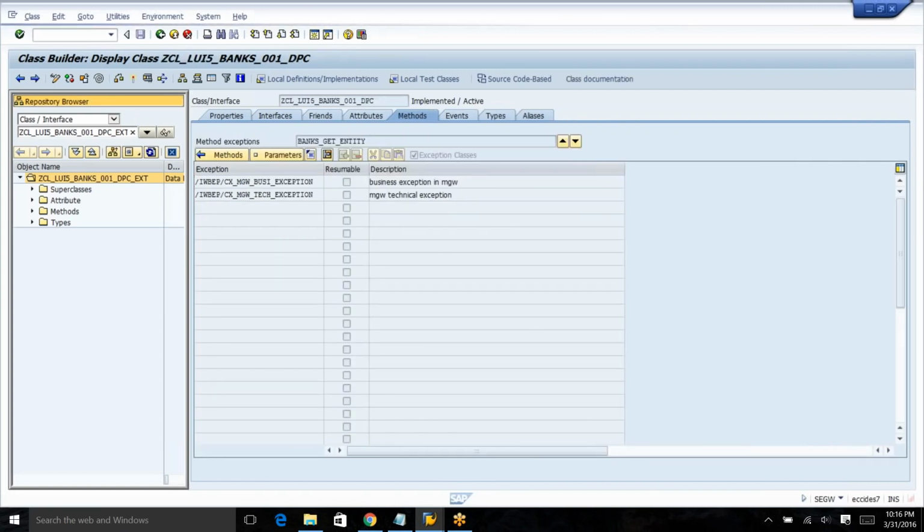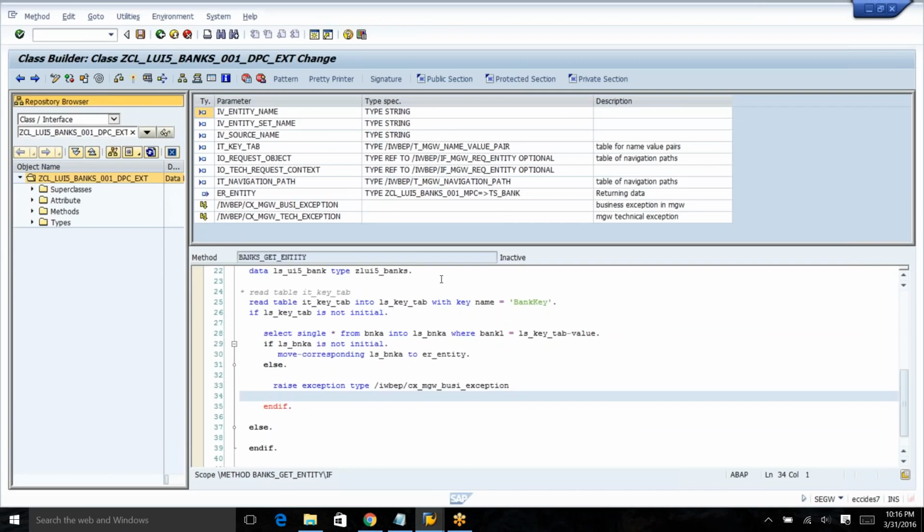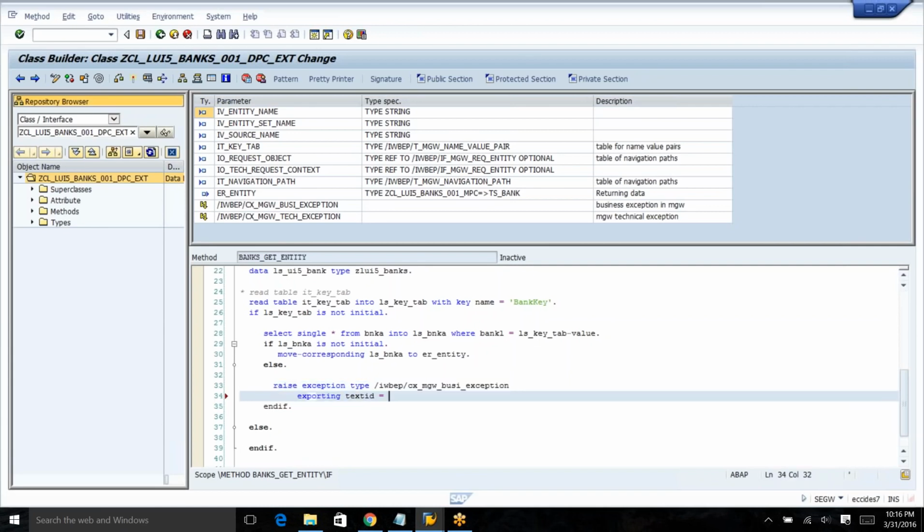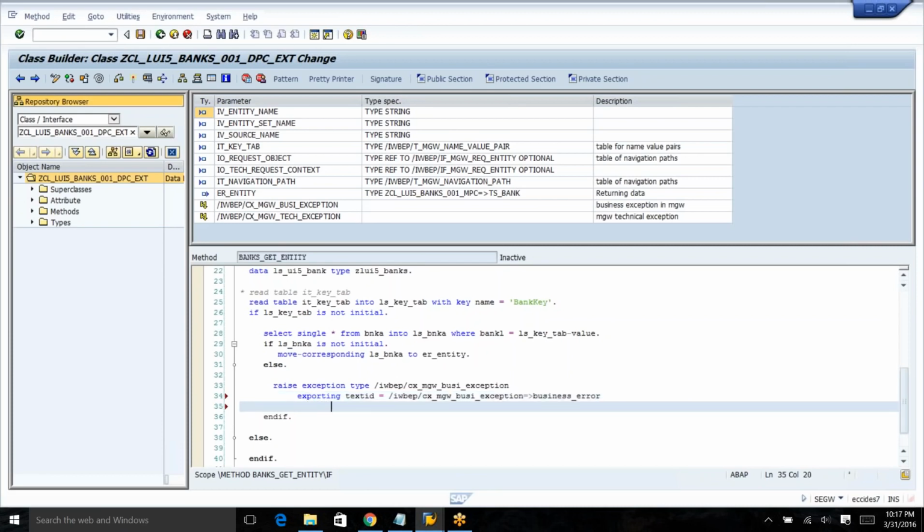So when I'm going to raise the exception, I'm just going to say exporting text ID equal to, so I have a text ID in this class called business error. I'm going to access an attribute of this class, so I use this symbol, error, and the message that I want to pass is